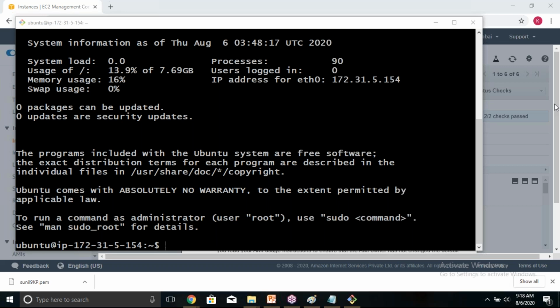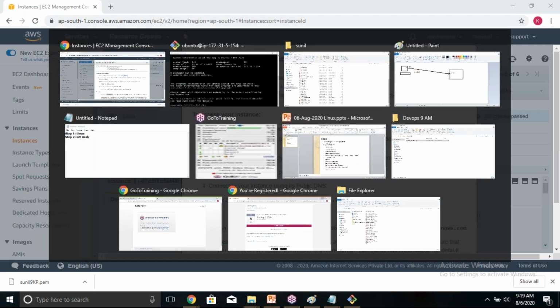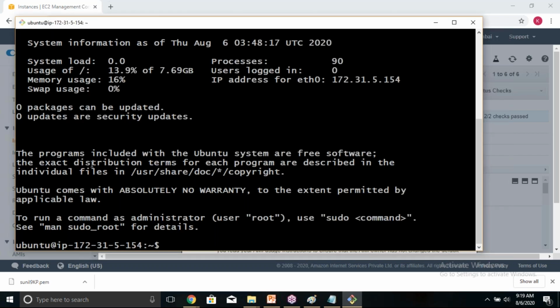So here we didn't use the PEM, right? I mean, because we opened from the path, is it directly picked up, or how? No, what is the command we have used to connect? SSH. This is the SSH command, isn't it? And this command itself contains the PEM file name. Okay, so it identifies that PEM file, and using that PEM file, it automatically gets connected. Clear, Ramesh? Yeah. Okay. Done.